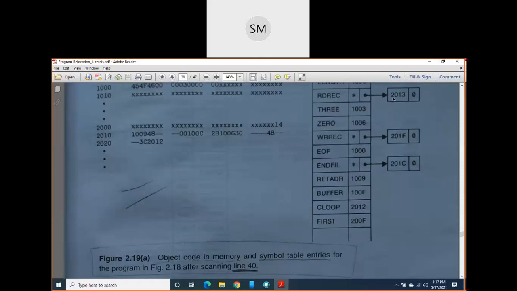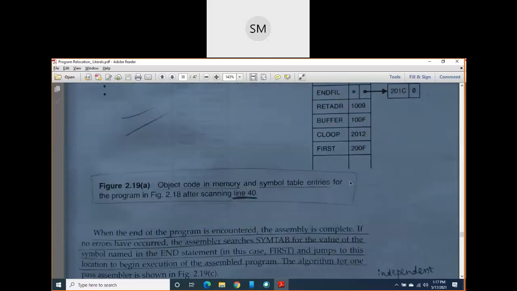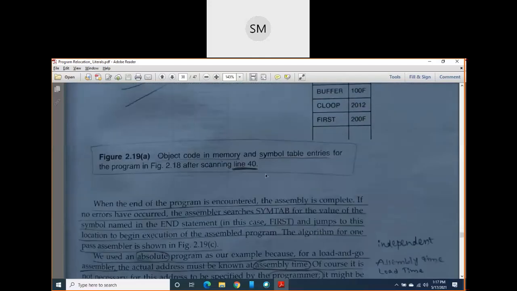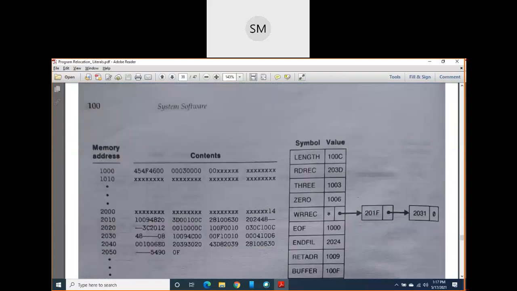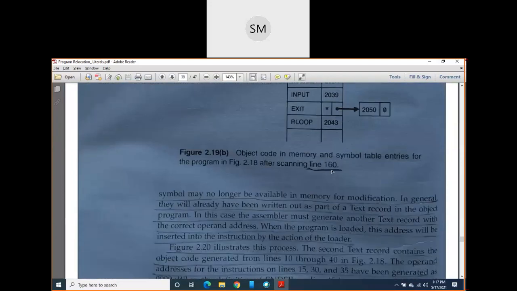In this location counter, the read record should be loaded or stored, so that is indicated here. It means it is indicating a forward reference. So read record is a forward reference, write record is also a forward reference, end file is also a forward reference, like this. This diagram is up to line number 40, and this diagram is up to only line number 160. So you continue this diagram at home today and send me the diagram.